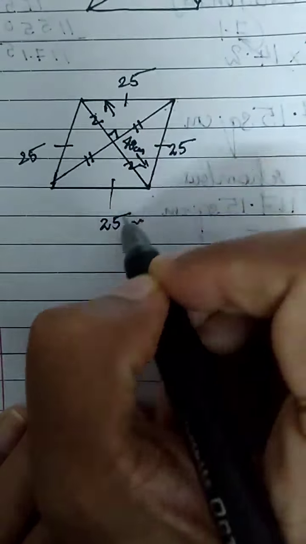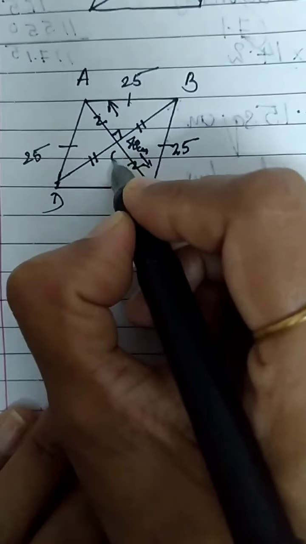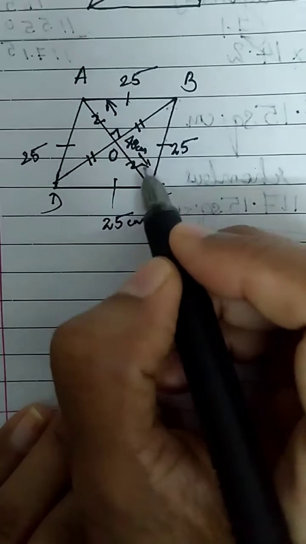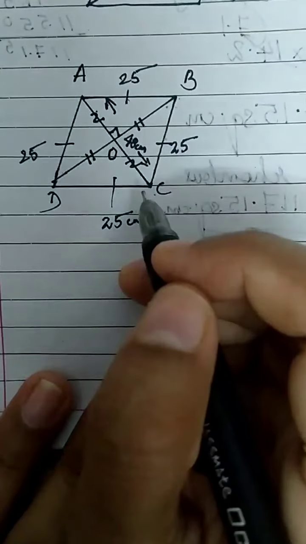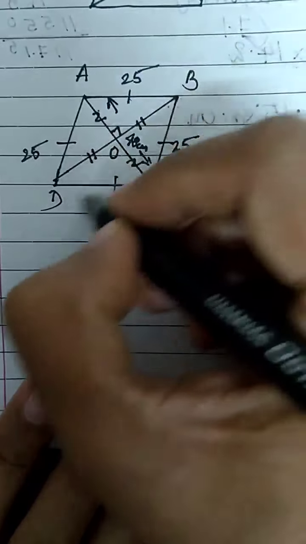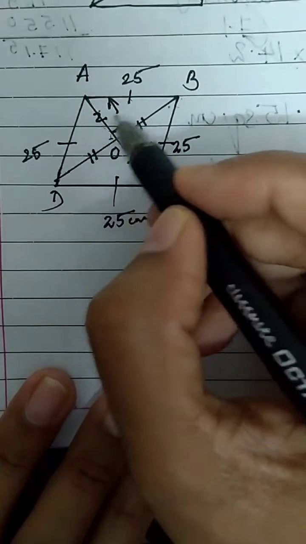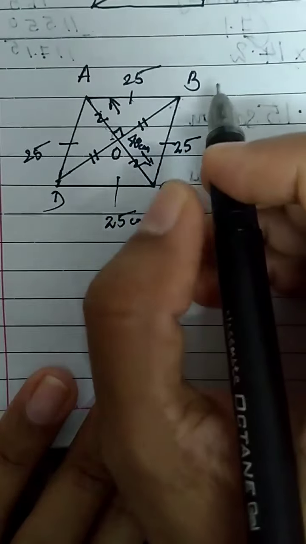Okay. So we will name this rhombus. Let us name it as A, B, C, D. Let the diagonals AC and BD intersect at point O. Now tell me, first diagonal AC, we have taken it as 48 centimeter. Second diagonal, we don't know. But we know that diagonals of a rhombus are perpendicular. So if you see closely, you can see not one right angle triangle, you can see 4 right angle triangles. 1, 2, 3, 4. And these 4 are of equal areas.